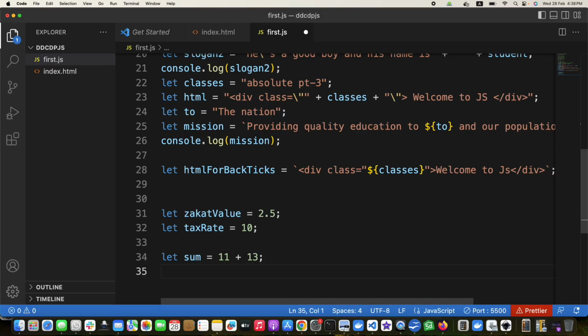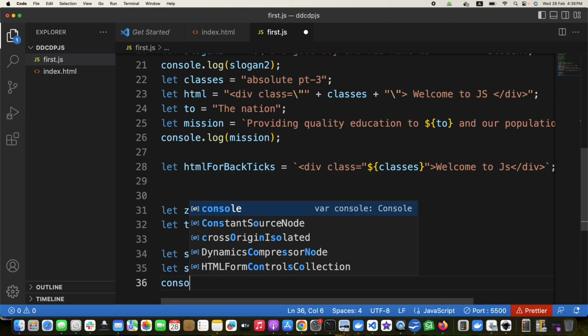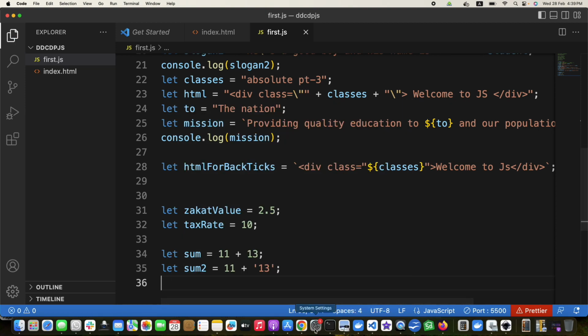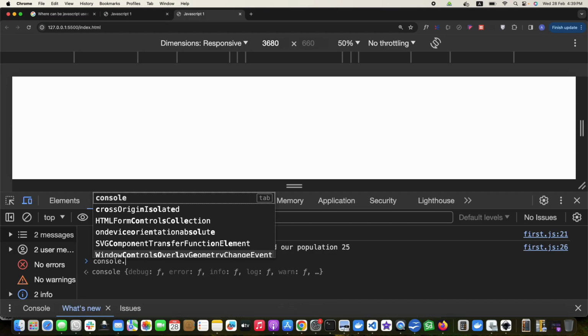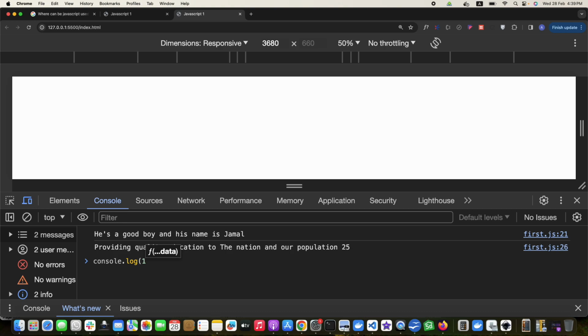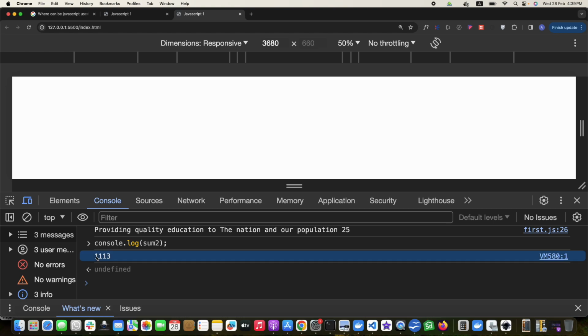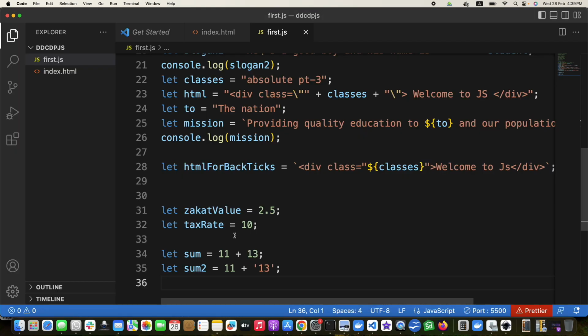Now if I just let sum2 equals 11 plus '13', what will be the output of this? 11 plus 11 and 13. Error is coming? Sir, 11 and 13. 1113. If we just console.log sum2, it is 1113, because